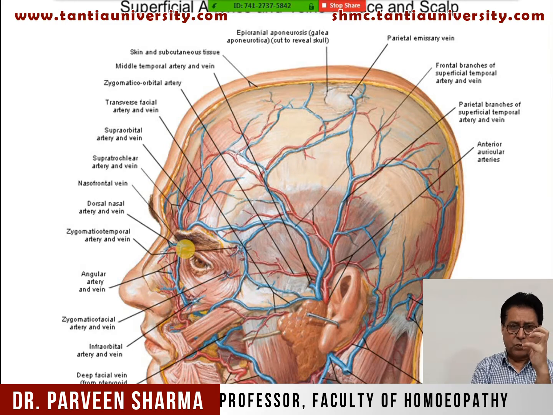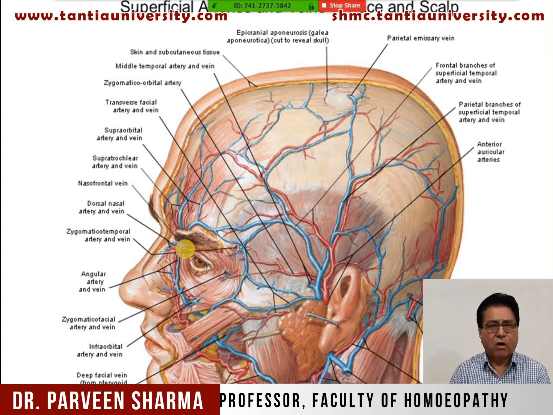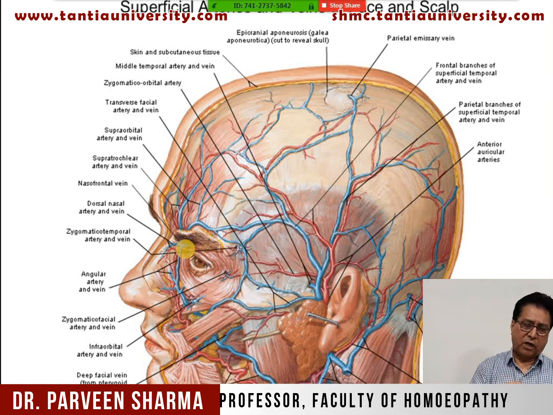So this is the plus point for face. It is supplied by both the branches of external as well as internal carotid artery. So in case of any blockage to any branch of the artery, the other branch can compensate. The plus point of anastomosis, for example, if there is any blockage here, so after that, if there is no anastomosis, there won't be any blood supply. So these tissue will become dead.